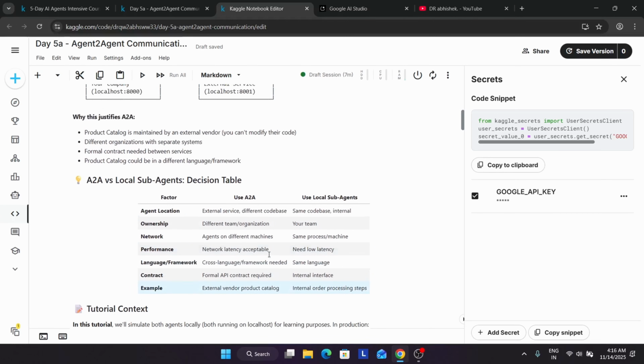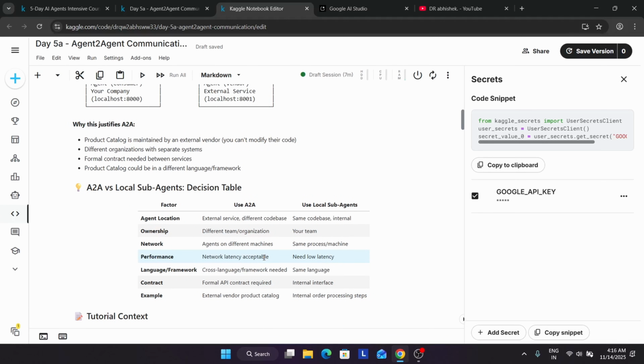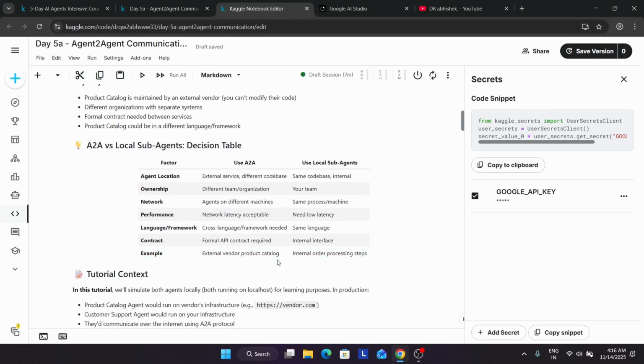Okay, so here, why does this justify A2A? Basically the product catalog is maintained by an external vendor, the seller in simple words, and different organizations use different systems and different contracts. So here, if we come over here, agent location for A2A and local sub agent: the A2A agent is an external service with different code bases, and the local sub agent uses the same code base and is internal, with our own ownership.